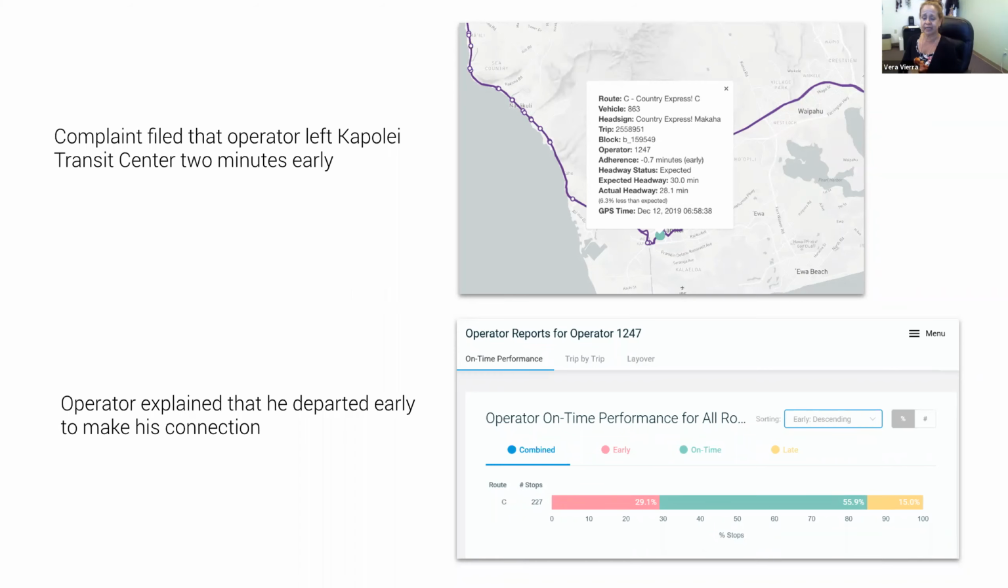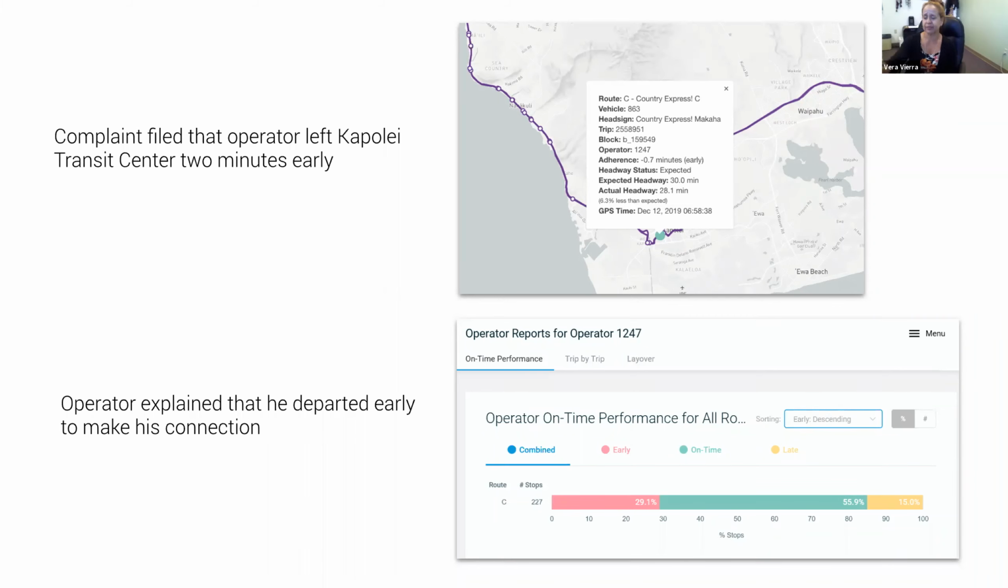There's an area on the west side of our island called the Kapolei Transit Center. That's our hub and spoke, and that's where our feeder routes come through, so we can make connections to get people off the feeder routes onto our main line so they can travel to their destination. In this case, our Country Express, our C route,